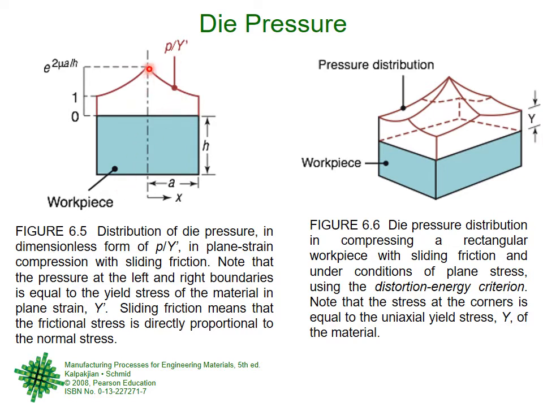So in the middle, there is maximum pressure, and as you move away, the pressure is decreasing, and the pressure is lowest at the end. But there is some pressure here also. So this is the pressure curve. And it is exactly mirror opposite on the other side, because it is exactly symmetrical piece. Zero pressure here, and say pressure is 1 here, and then it increases.